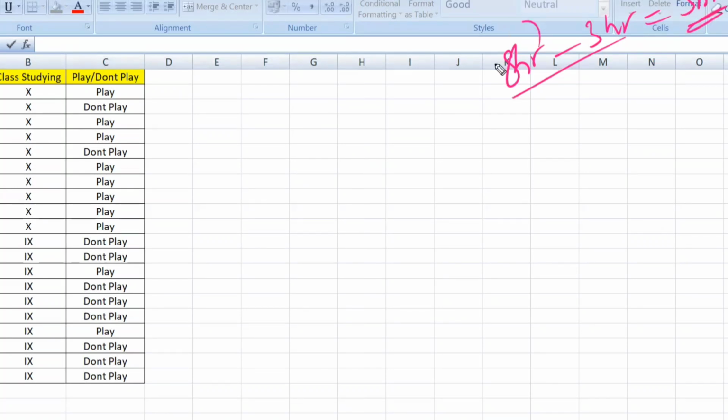Some strict companies use the full 8 hours. Within these 5 hours, every month we'll have at least 20 days, removing Saturday and Sunday and leaves. So 20 into 5 is 100, into 4 months is 400 hours that you are going to work on a single project.